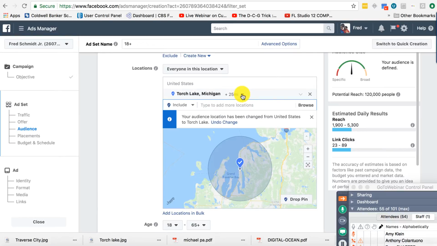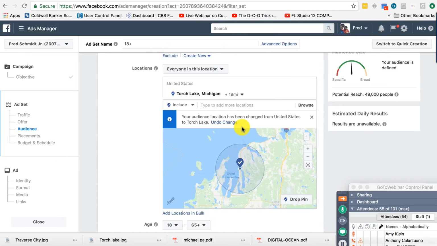And if you want to, you can say, you know what, I just want to make it a little bit smaller here. So you can kind of hone that down a little bit, make it a little bit smaller. And then you're getting not only Torch Lake, you're getting a couple other lakes there too. And you can make it a little bit smaller. So you can do 10 miles if you want to, but just bring it to where you want it to be around Torch Lake. And then if you want to, you can add, let's just say Elk Lake,